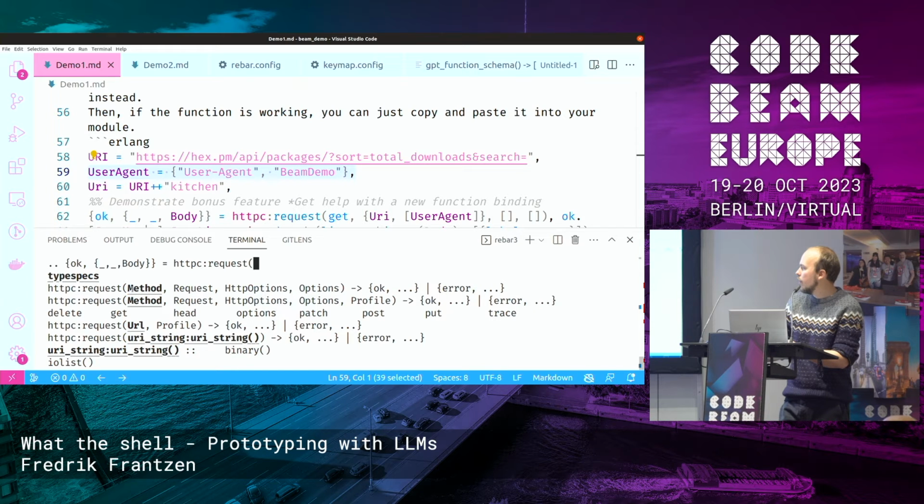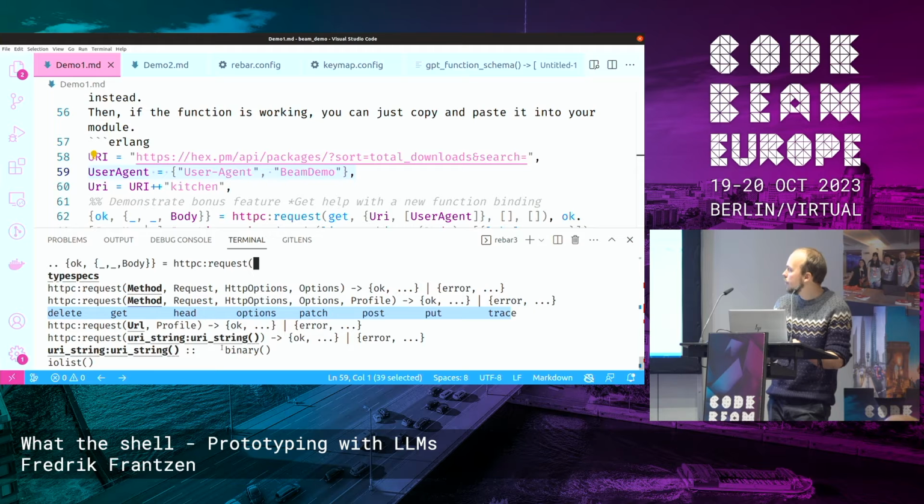And this bolded argument here is what's called expanded to. So this method here has this type that it can be either delete, get, head, option, patch, post, put, and trace. And for different arities, it's expecting a URL as the first argument.